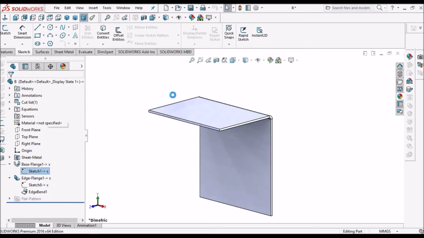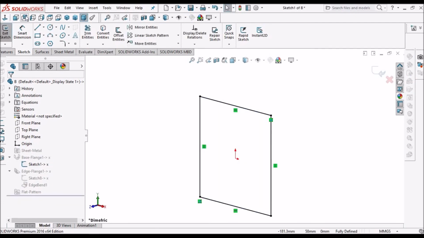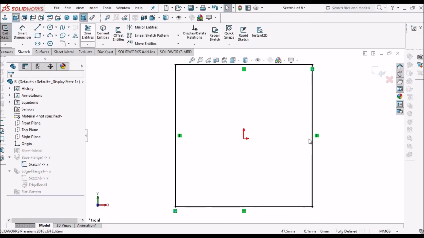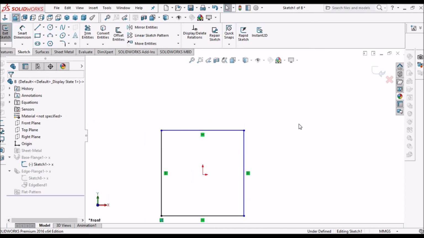Now go to sketch, keep it in front view. Here, we have given coincidence with the imported component. We have to delete that coincidence. Then we have to give the dimension.